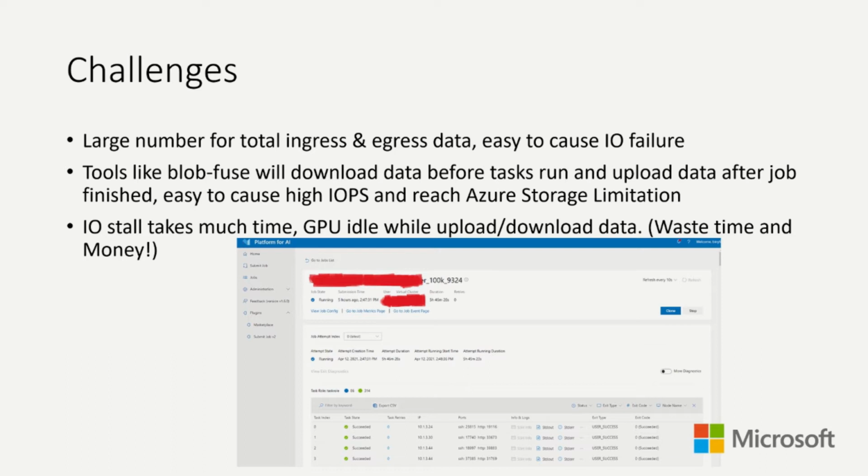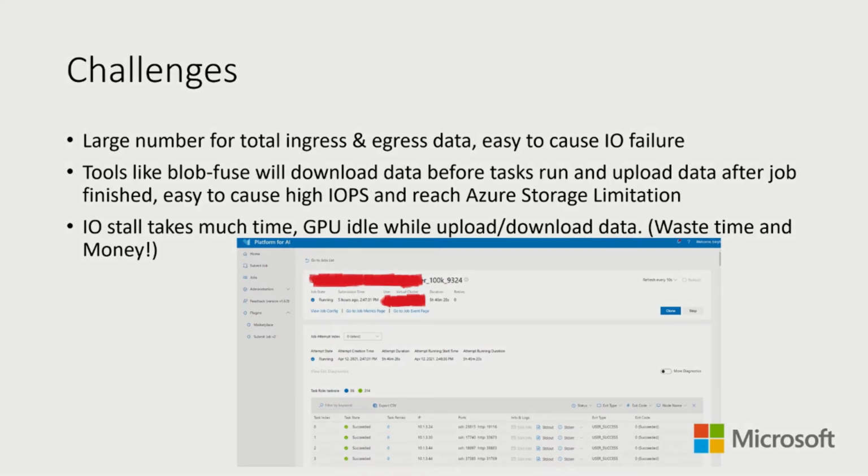Because the tasks are almost the same, they usually finish at the same time. So all tasks will upload the output file to Azure at once, and you will also hit the limit. When you hit the Azure limit, your job will fail. Then you need to retry the entire task to finish your job. That's quite noisy and also a waste of time.